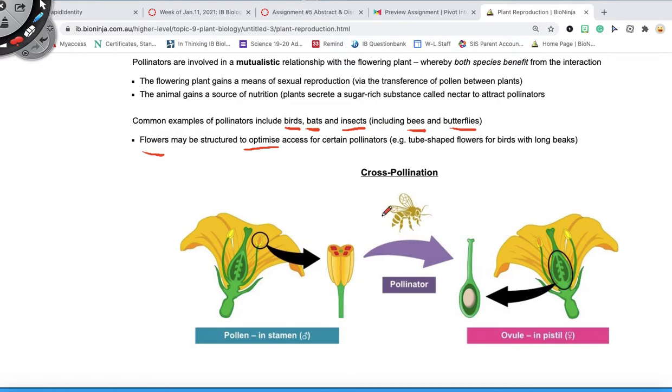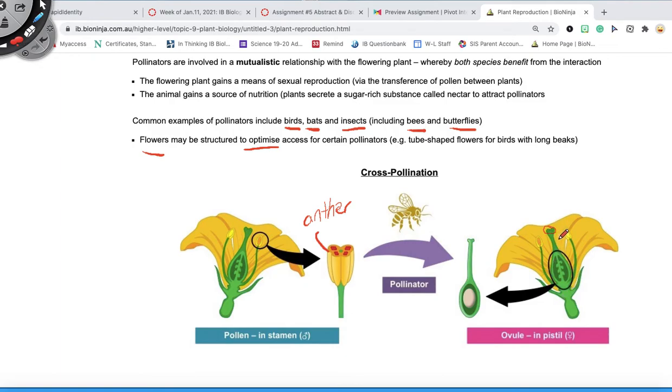So when this pollinator is trying to reach the nectar, inevitably it will touch the anther of the male stamen, and it's going to have the pollen stuck to its body parts. And then when it moves to a different flower, and it does the same thing, it's going to suck the nectar from the flower. It's going to pollinate it, and the pollen is going to land right there in the stigma of the